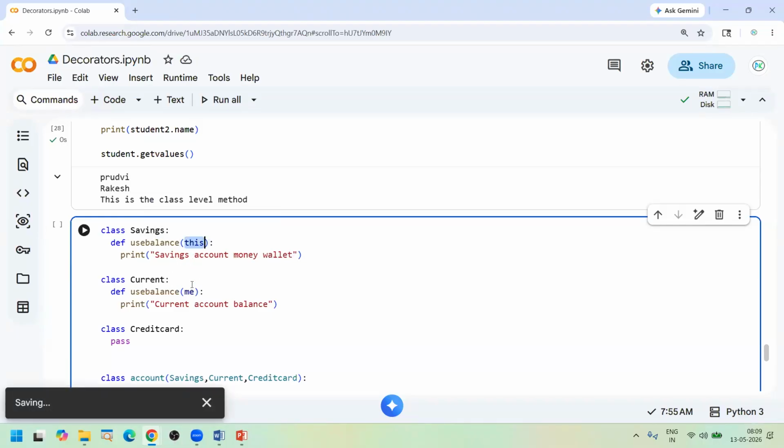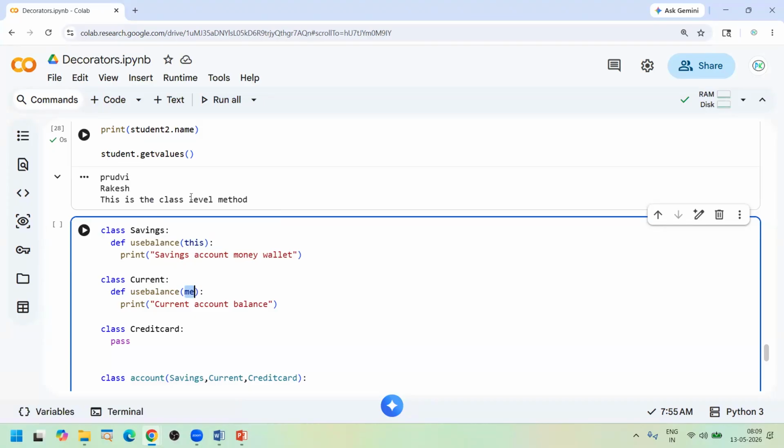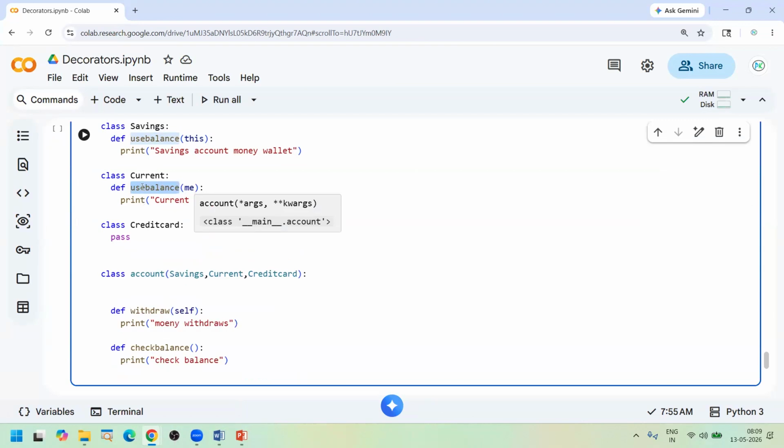I need not use the same also. In one class I can use this, in one class I can use me also. That is not a problem for me, because I can take any name. So now my problem is I have used the same function called use balance. Now I am inheriting both the parents into my child class, right? Now if I make a call of use balance,